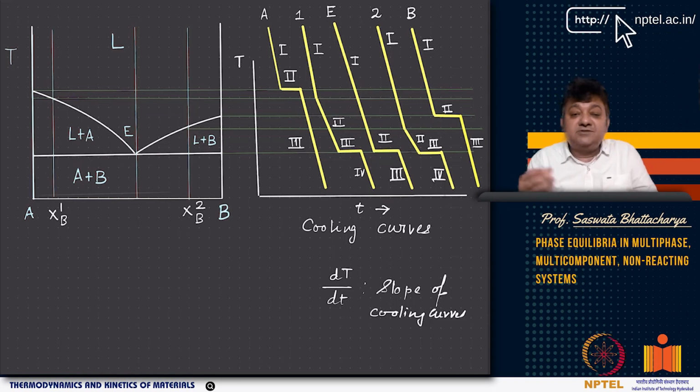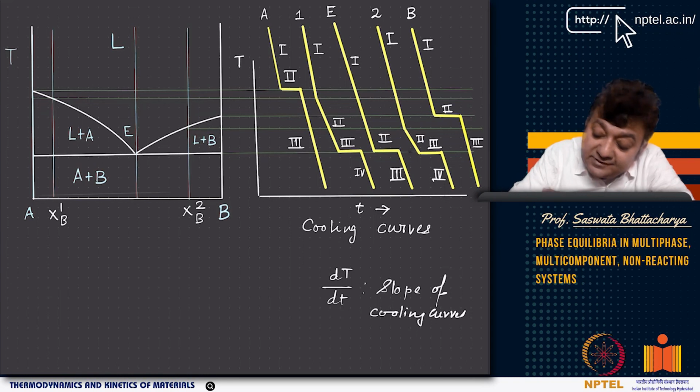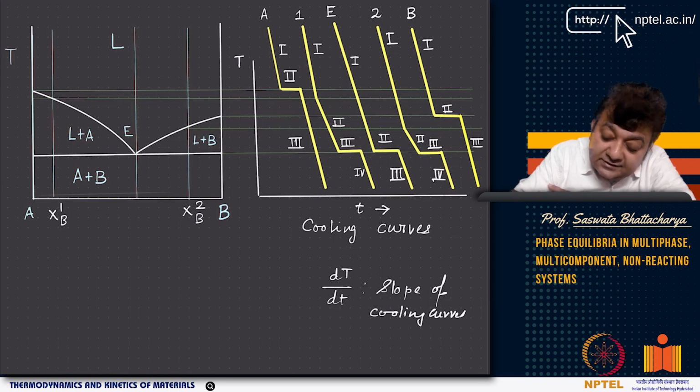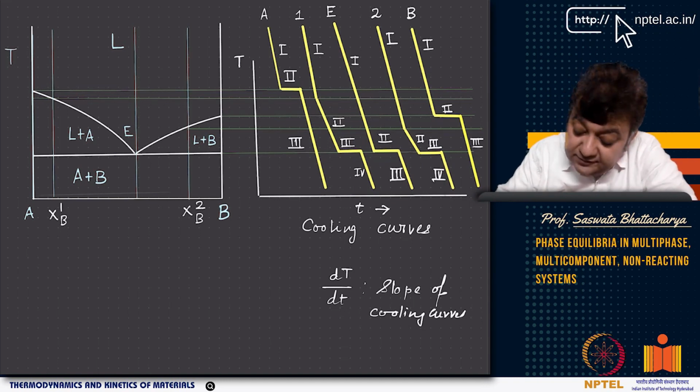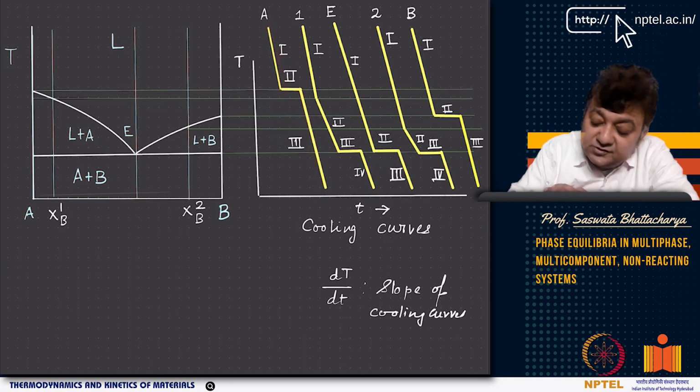Now, if I have to determine this phase diagram, I can use a cooling curve experimentally. We have an A and B mixture in the liquid state, and say for example we have pure A. So pure A in the liquid state, and I am cooling it in a furnace, and at 1 it has del T. This is nothing but dT by dt, which is the slope of the cooling curve. The slope of the cooling curve will be different in the solid. If you look at the solidus or the liquidus, you will see the slopes will be different, right?